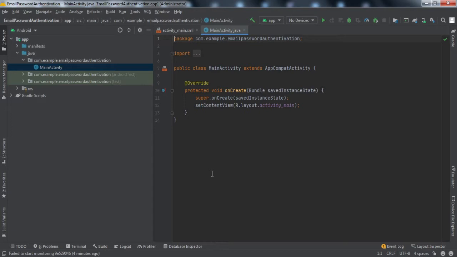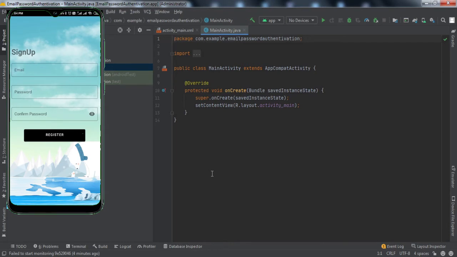So first, let me show you what we're gonna get by the end of this tutorial, right? Today's tutorial will be a series of three videos, I guess. So today we'll get this thing, if you can see on my mobile screen. First we'll create a project in Firebase and connect our app to that Firebase, right? That is the one thing we are going to do. And second, if you can see on my mobile screen, we will be designing this interface. This is the sign up interface, right? So today we'll design this page. So those are the two things we're gonna do by the end of this tutorial. So without much ado, let's get started.